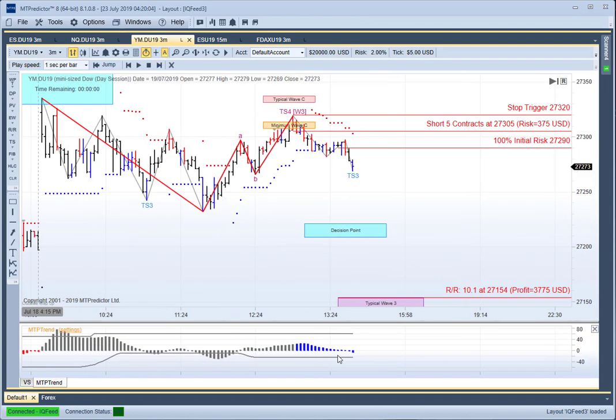Here the MTP trend has gone blue, so you might suddenly start to doubt yourself again. You might doubt your higher time frame resistance and say, well, actually, I'm not quite sure what's going on. If you look at what the potential profit was at this time, it's about 2R. So here you were in this position, where you'd have just made 2R loss. You're sitting on a 2R loss so far, and the market has suddenly given you 2R back.